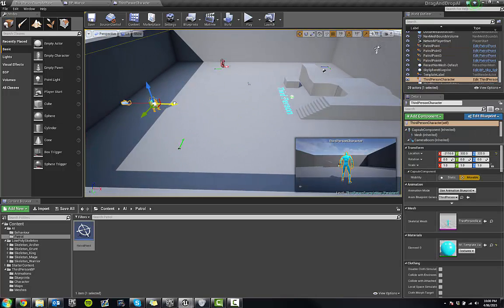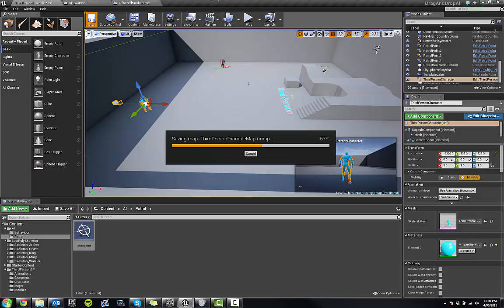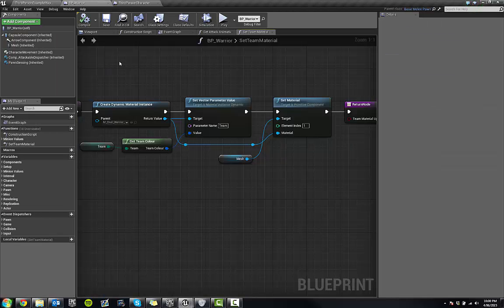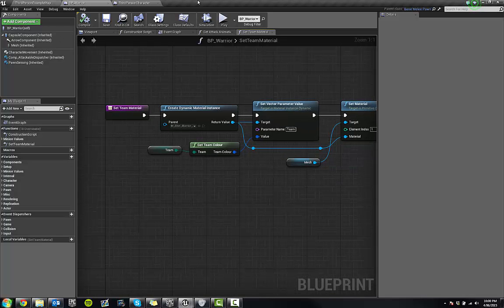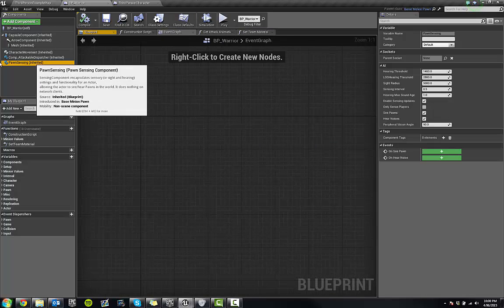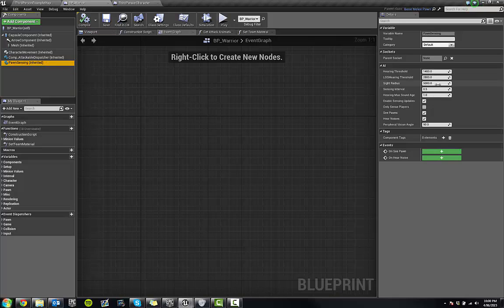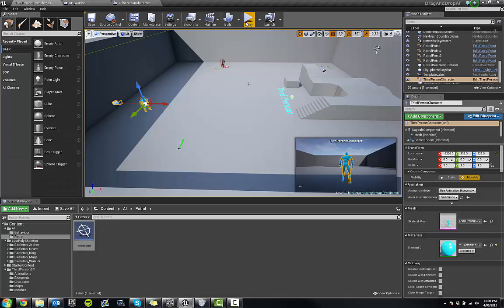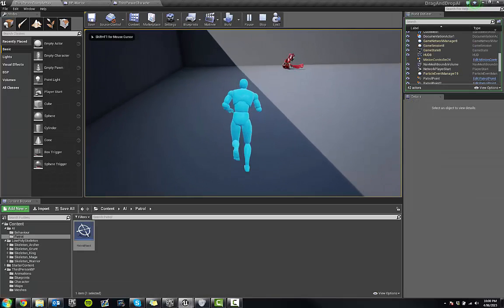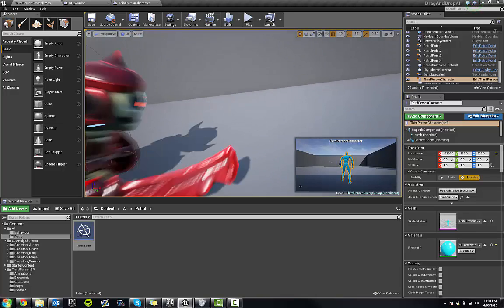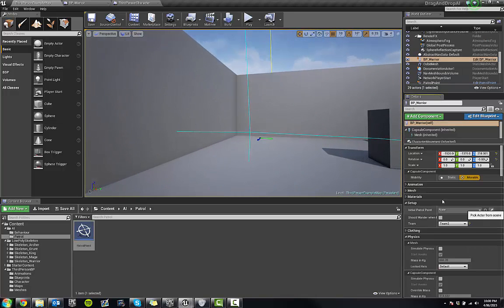You have all of your peripheral vision things as per normal because when you extend from the class, you get the pawn sensing inherited component, and so you've got your sight radius, sensing interval, etc., peripheral vision angle, all of that you want. So I'll just start a bit further back so he doesn't see me, and set his initial control point. So there we are. He's now actually told to patrol on that route,